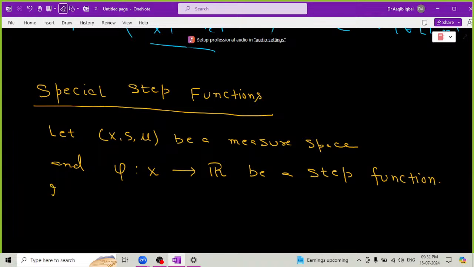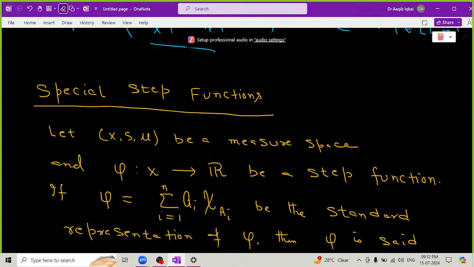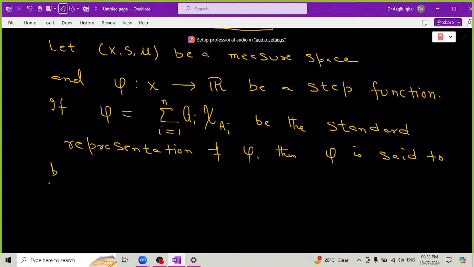Now if phi equals summation i runs from 1 to n of a_i chi sub A_i be the standard representation. We know that every step function has a standard representation. तो ये मैं ले सकता हूँ. मैं यहाँ मान रहा हूँ कि this is a standard representation of phi. Then this phi is said to be a special step function